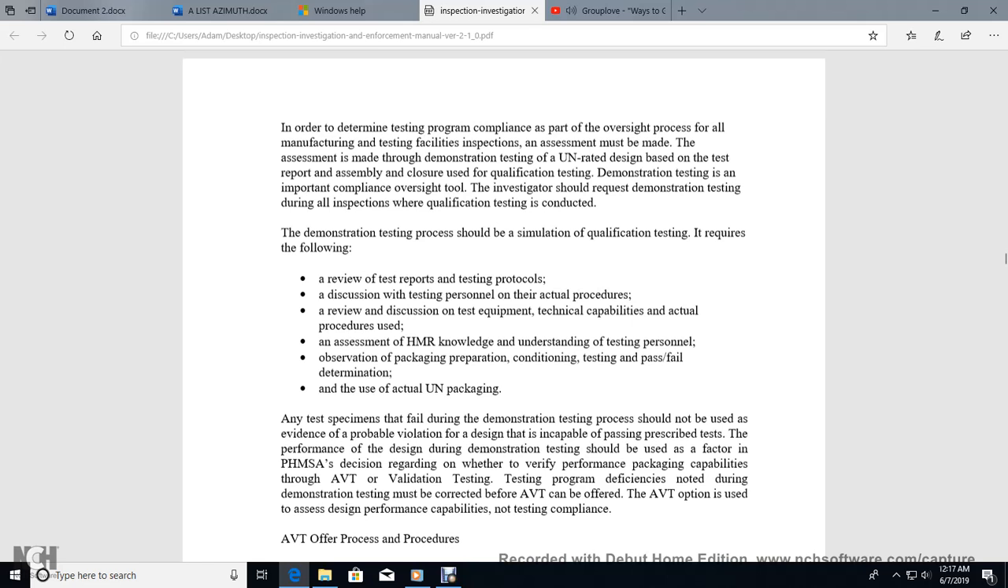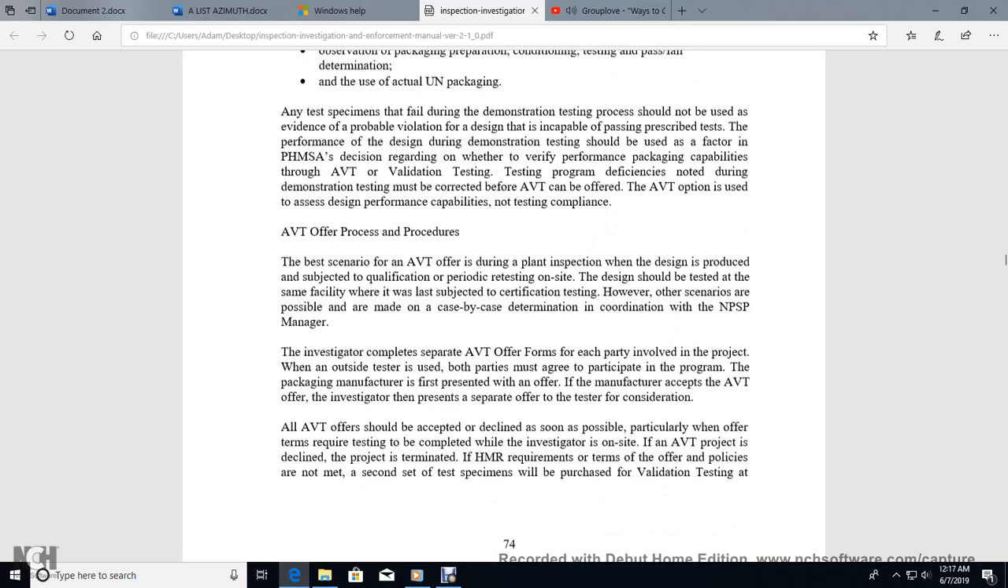the review and discussion of the testing equipment, technical capabilities, actual procedure used, an assessment of the hazardous material regulation knowledge and understanding of the testing personnel, with the observation of packaging, preparation, conditioning, testing, and pass and fail determination, and the use of the actual UN packaging. A test specimen that fails during the demonstration of the testing process should not be used as evidence of probable violation for the design being incapable of passing the prescribed test of the performance. The design during the demonstration of the test should be used as a factor in the PHMSA decision regarding whether to verify